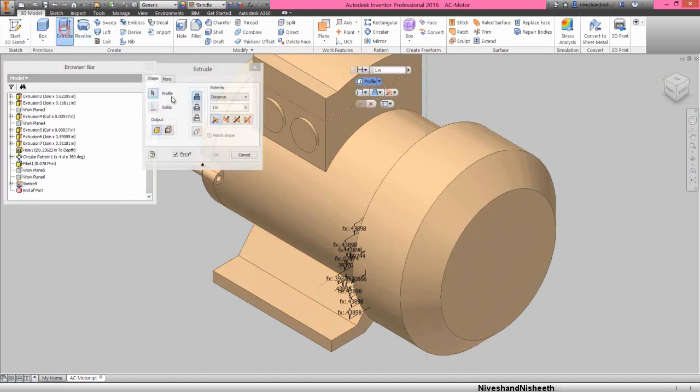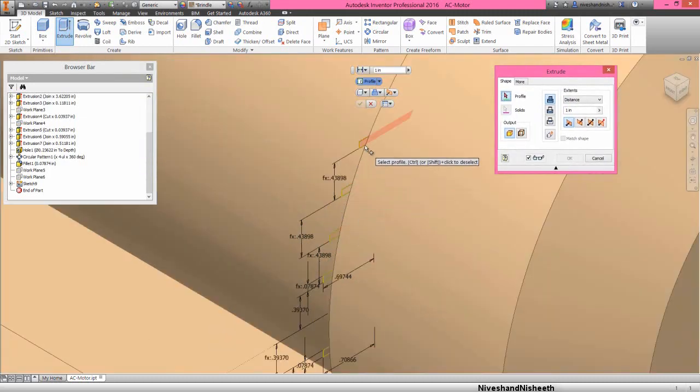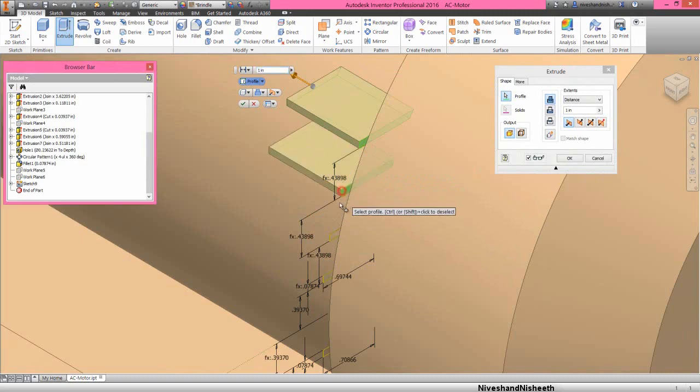Activate the extrude command and select each sketch profile one by one.